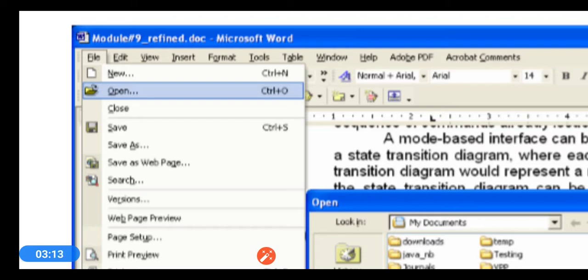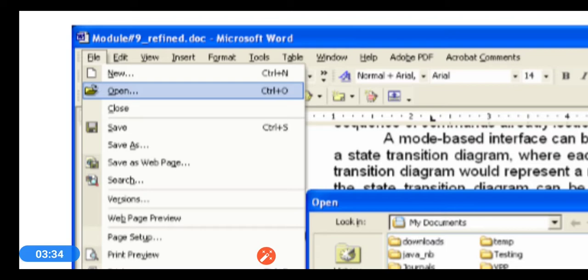In the file menu, I had clicked on open. Only if I enter into the file menu state, then I will be able to execute this open command. Can I do the same if I click on edit? That is, if I select the edit menu item, can I open a file?